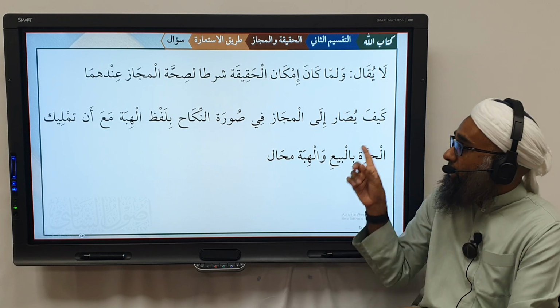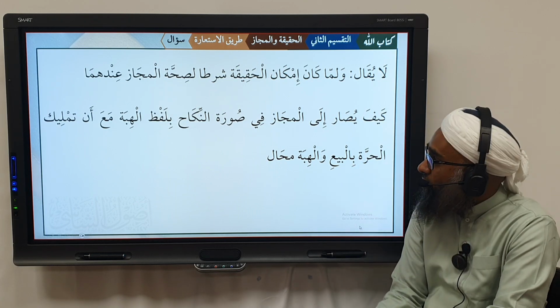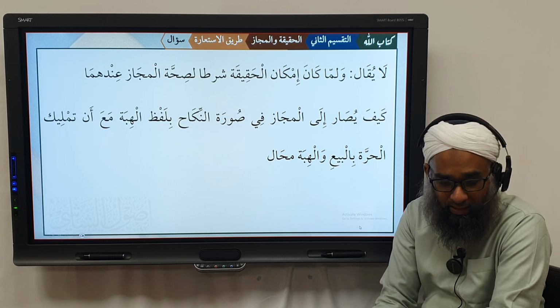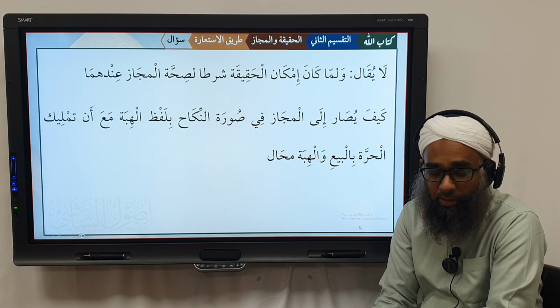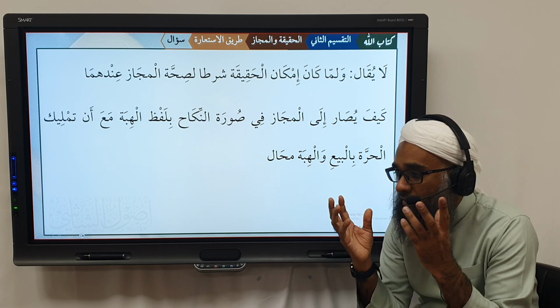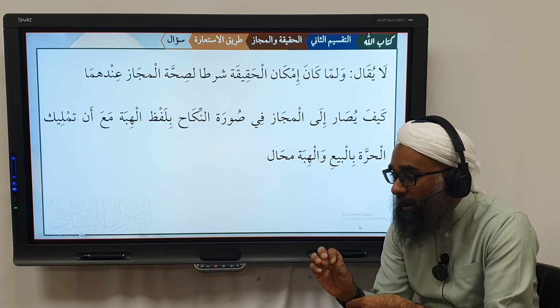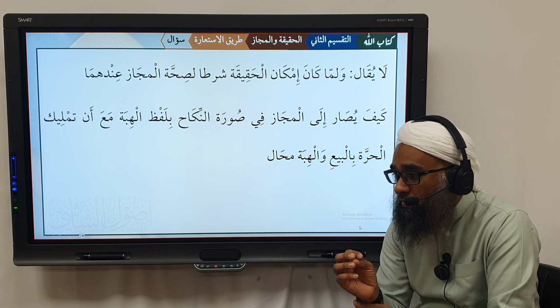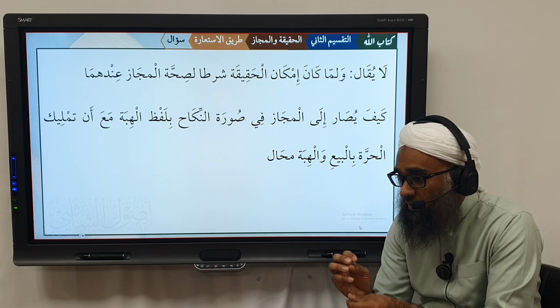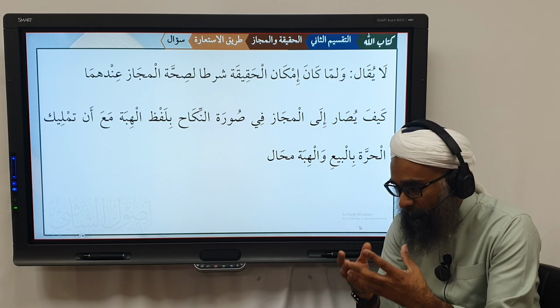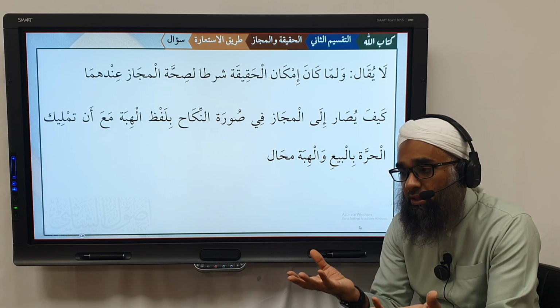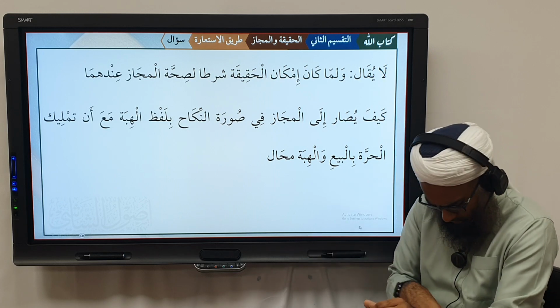So he says here, كيف يصار إلى المجاز في صورة النكاح. In the nikah situation, how can we go to majaz using the word hiba? Whilst tamlikul hurra, that a free woman gives herself over as a gift, is muhal. Are you following? So he says here,